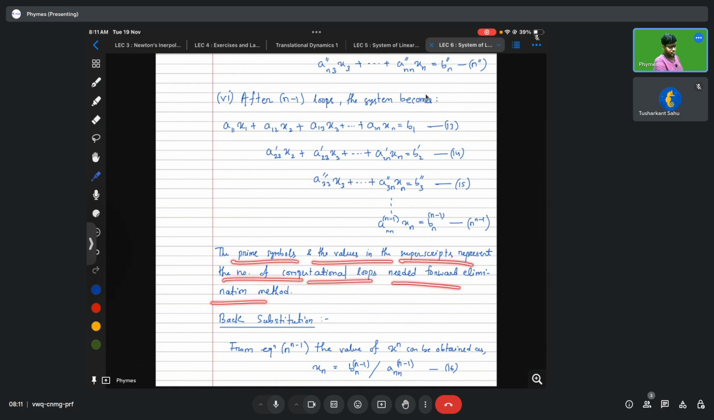Then what is back substitution? Back substitution is the method by which you find the values of all the variables. Here first you need to find the value of xn, and the xn value will be nothing but this constant here divided by this constant, right? Like